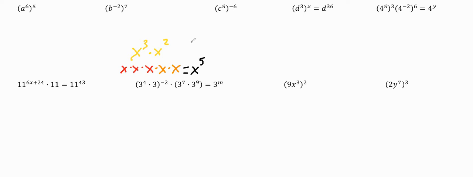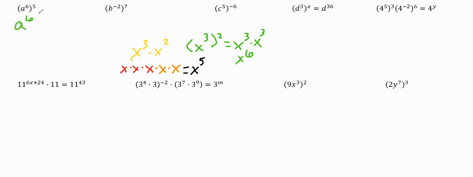But if we have a power to a power, let's say we had x to the third squared. This is the same thing as x to the third times x to the third. Squaring something means we're just going to multiply it by itself twice. And there are 3 plus 3, that's the kind of shortcut. We just add the exponents when we multiply, which would give us x to the 6. So for this top left one, a to the 6th power to the 5th power, we just multiply the exponents,